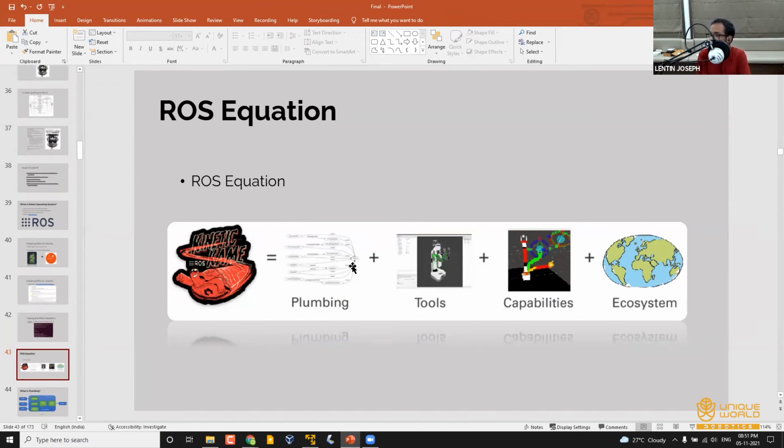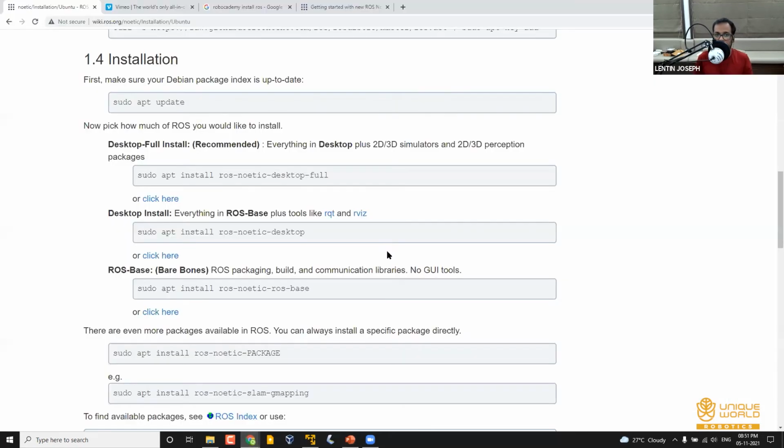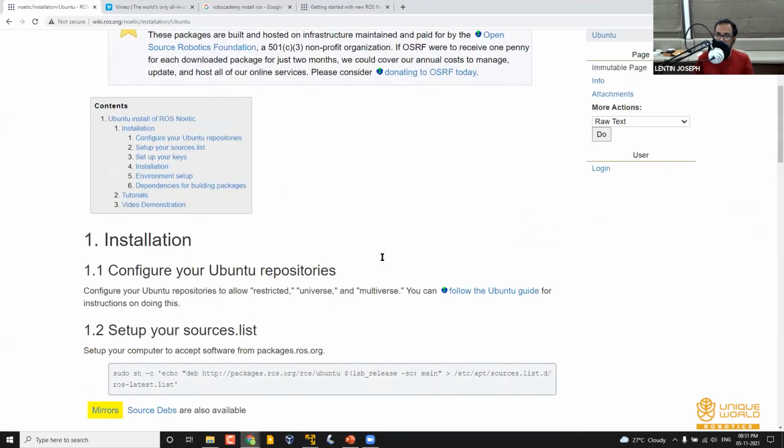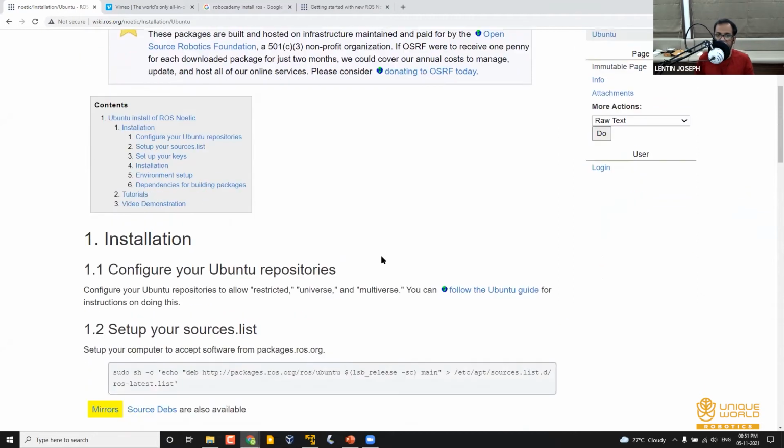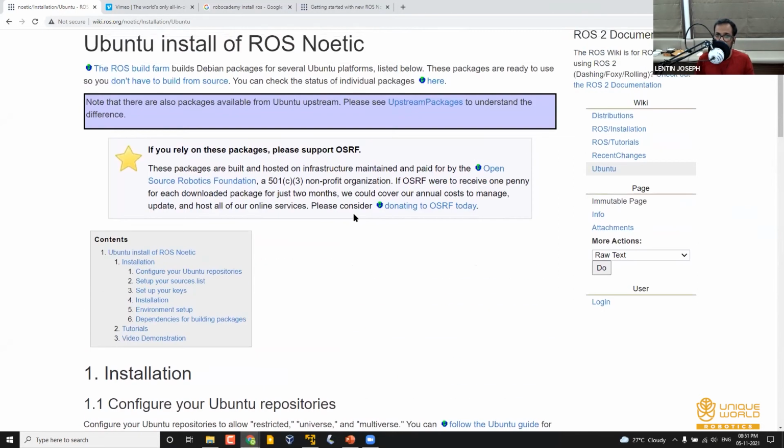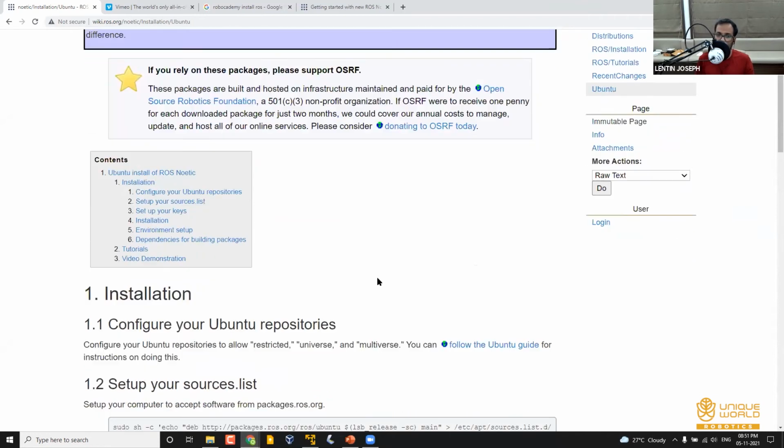There is a question: is it possible to install another ROS version on the same Melodic? If you want to install ROS Noetic, you can install it only on specific Ubuntu versions.